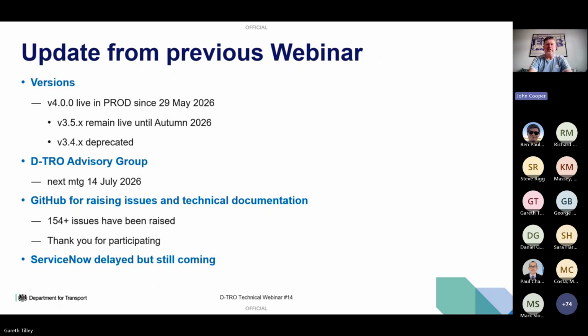Gareth said we use GitHub as the primary source of technical queries and updates, us telling you about the latest information, and you asking us questions in issues. We have over 150 issues that we maintain on a regular basis.